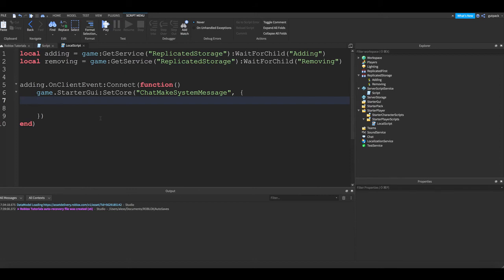Now we're going to make the text for the message. Text equals, this is where you guys can be creative. You can put any text you feel like. And I'm going to do Server because that's kind of cool. I like that. So Server Message, I'm going to leave a space, and I'm going to add the player's name. So